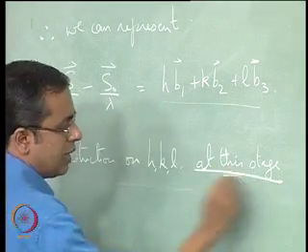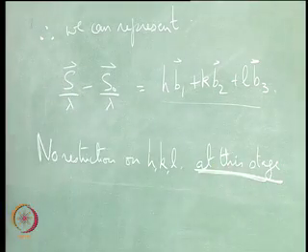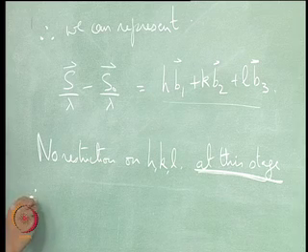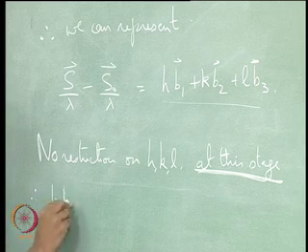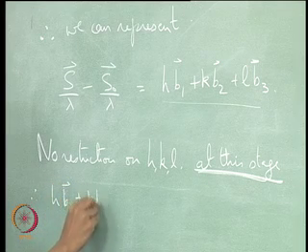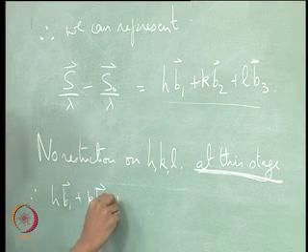So at this stage of our definition, no restriction has been placed on H, K and L. Therefore, H B1 plus K B2 plus L B3